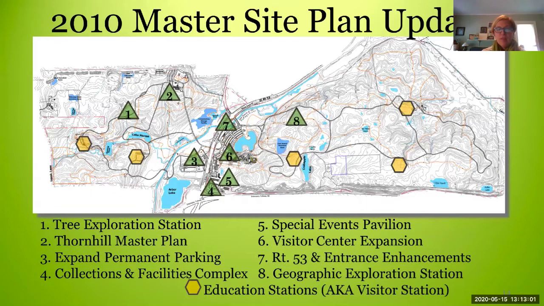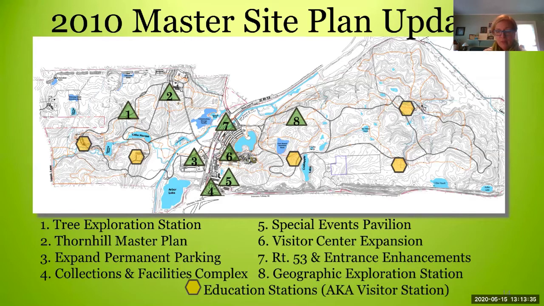So that developed this 2010 master site plan. We ended up with 8 different projects that we were going to help try and promote moving forward. One was a tree exploration station over on the west side. Two, looking at doing a new Thornhill master plan. Three, we wanted to expand the permanent parking, and the most logical place for that was over at P33. And number 4, we wanted to look at a new collections and facilities complex, so a new maintenance